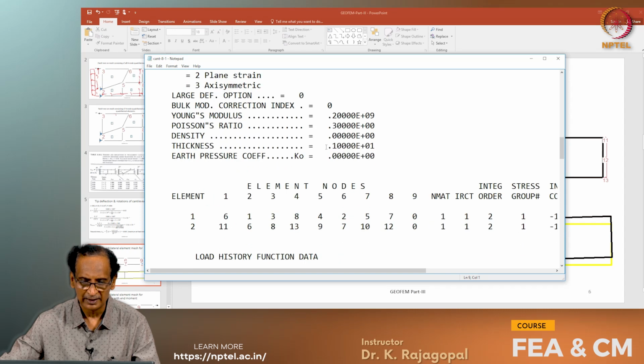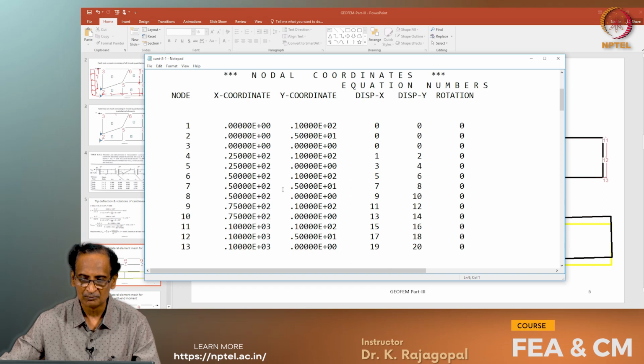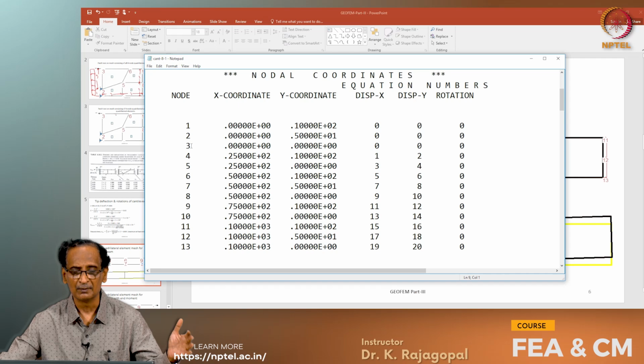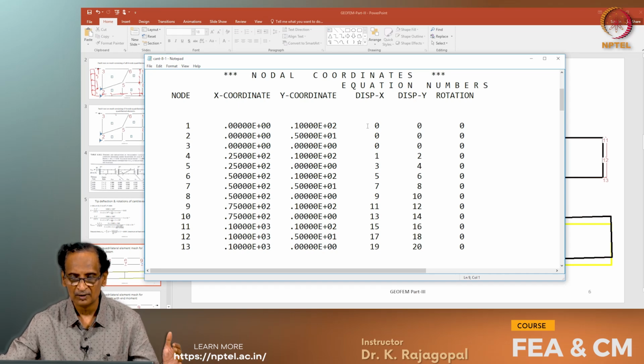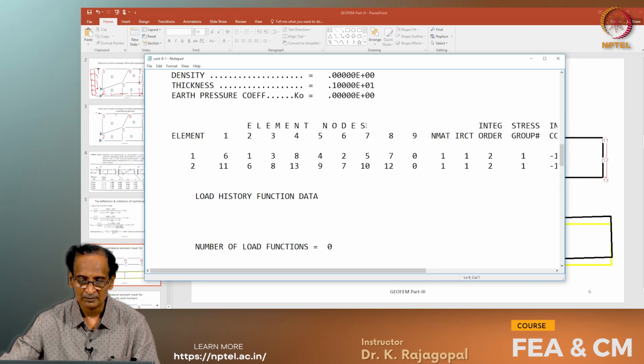So, the first one is the 8 node element. There are totally 30 nodes, and nodes 1, 2, 3 are fixed completely because we have a fixed end cantilever, and then 8 node elements. The element 1 is connected between these nodes 6, 1, 3, 8, 4, 2, 5, 7. Then the second element is 11, 6, 8, 13, 9, 7, 10, 12 and so on,